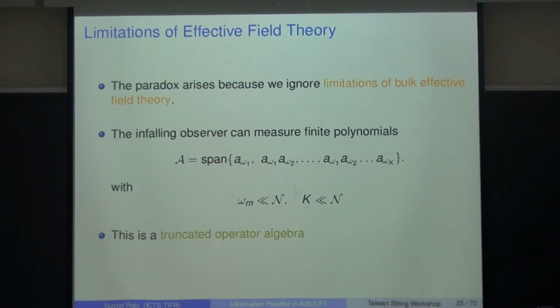And as I said, there are all these paradoxes that I'll show you arise because we ignored this limitation of bulk effective field theory, which is that it can only probe a region of the Hilbert space. And now I'm going to go to the CFT, and I don't have any spins anymore, so I'm making a transition back to AdS/CFT. Now if you have the infalling observer, just as I had a limitation of number of spins, the infalling observer can measure these operators A that we discussed yesterday, and maybe products of these A's up to K such A's. And of course you can measure the Hermitian adjoints of these as well.